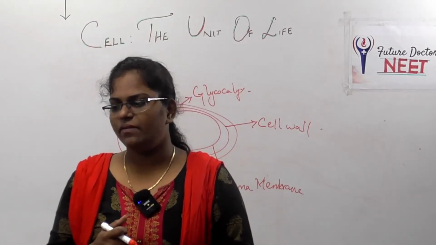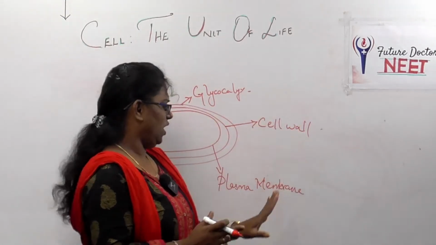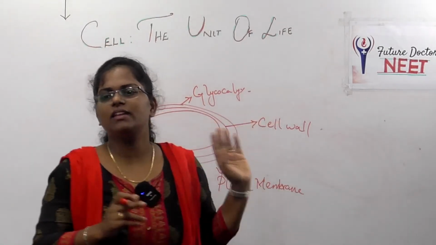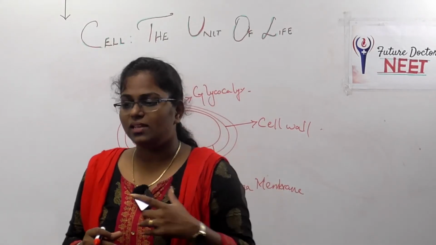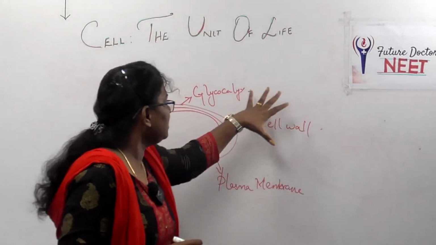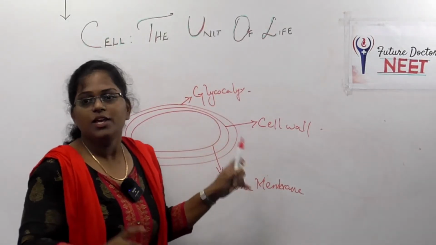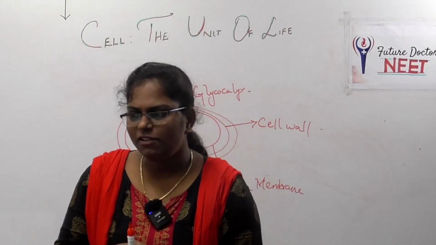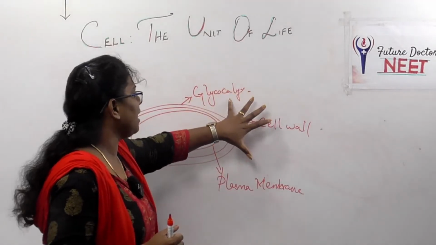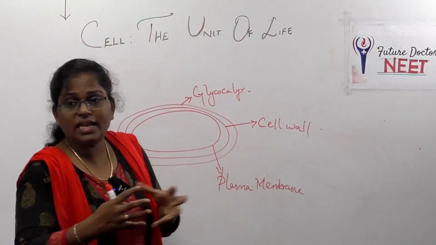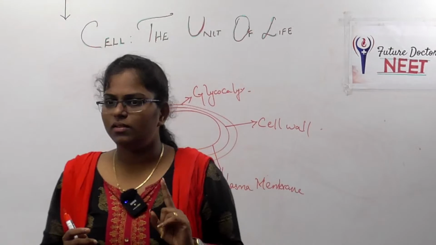Although each layer of the envelope performs a distinct function, each layer, glycocalyx, cell wall and plasma membrane, has different functions, and we are going to see the different functions. They act together as a single protective unit. These three layers, glycocalyx, cell wall and plasma membrane, are uniquely formed and act as a protective unit, because they protect the cell. So that is a unique function.